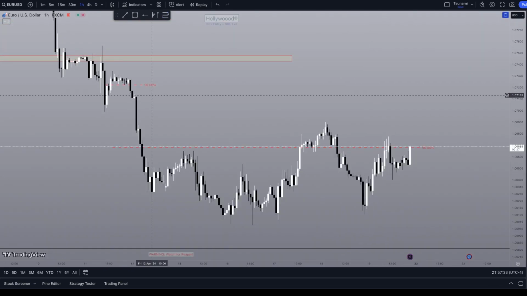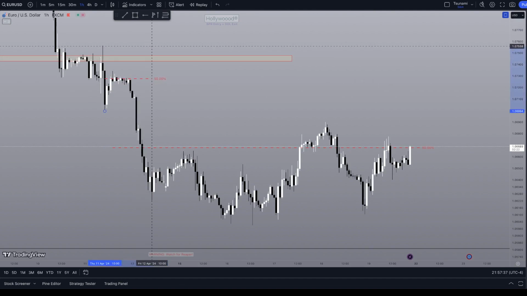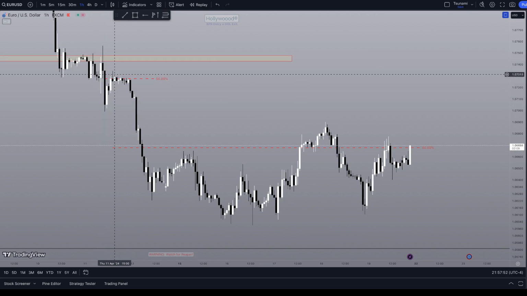Let's widen this out. I'll do something like this, right? This is a premium discount array, right? And if it makes a price run and it goes into its proper retracement back into right here, we're going from premium to discount, and if it makes its revisit back into premium, then I'll use the